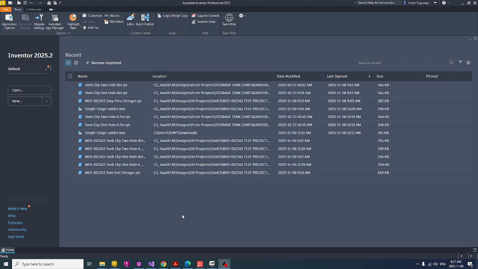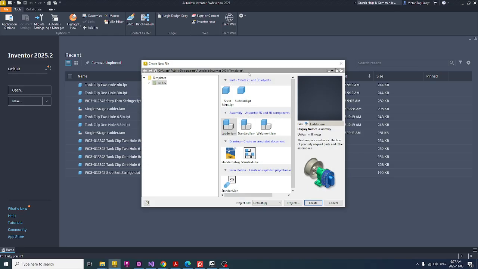Okay, I'm gonna do a demo of an Inventor add-in that I created for my work. It is a ladder configurator. This is gonna configure the ladder per PIP standards 2002. It starts by creating a new file, and you're gonna use the